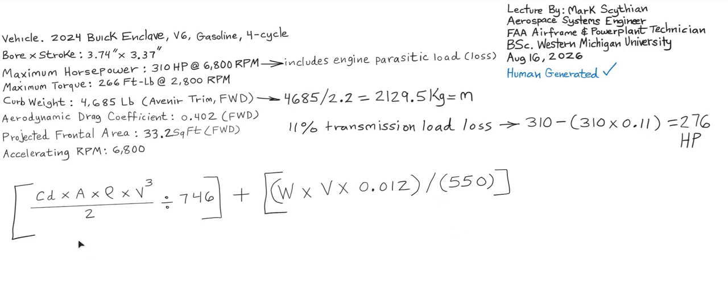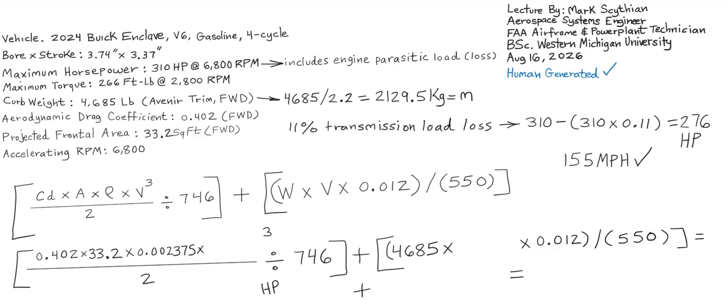So if we evaluate both equations and make their unit output horsepower, we can then set the sum of these two equations equal to the available power of 276 horsepower. So upon doing so, if you work out this equation,